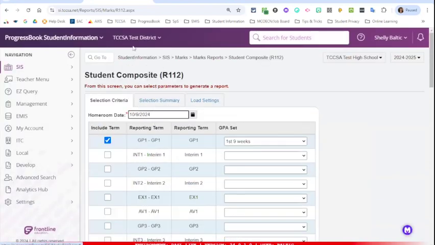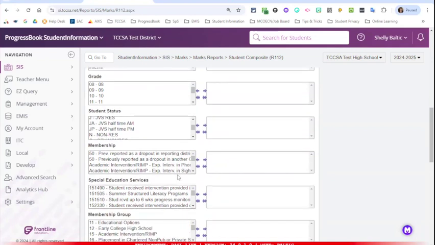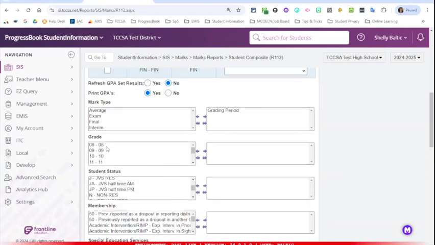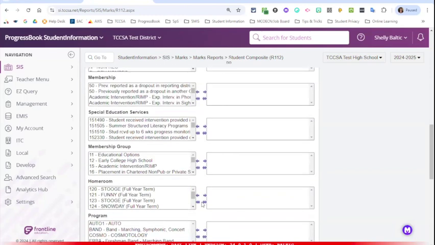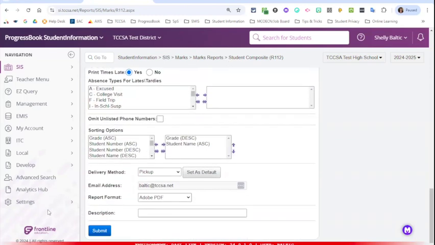Okay. So when I look at this, it says, okay, what do you want to run this for? I'm going to run it for first 9 weeks, with the first 9 weeks GPA set. And then I would hit run. So there's not really much I have to select unless I want to do it per grade level. If not, it's going to do all my grade levels. Okay. Once I hit submit,